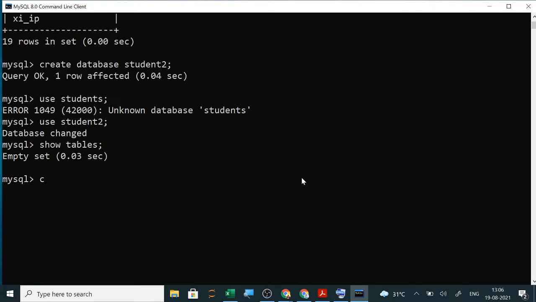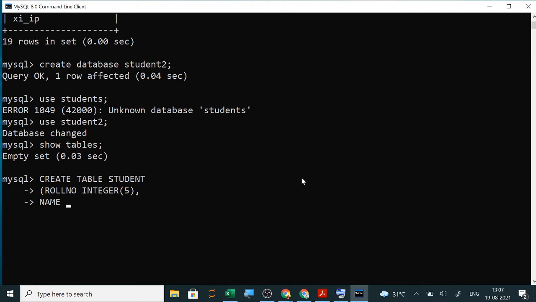So now you will have to create the table. I can use capital letters also. So create table. Suppose only the student table I am creating in this database, and I have to give the column names. So column names: roll number, integer data type, and the size. If you want, you can skip the size also. If you want to make it primary key, you have to write the constraints here. Afterwards we will do the constraints.